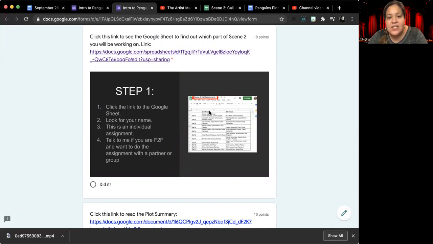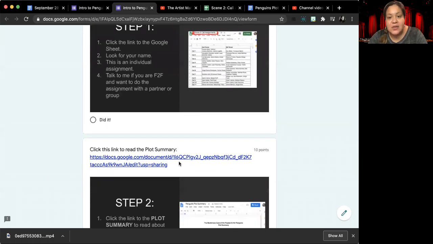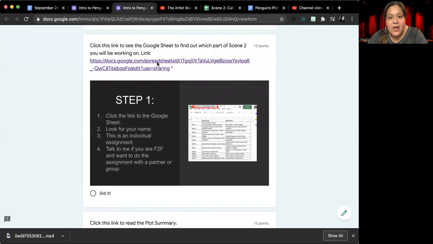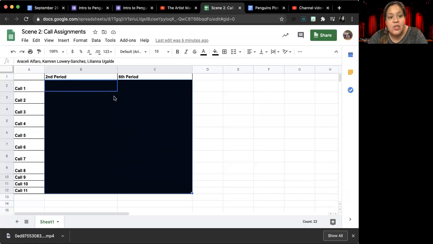And then it is going to have 2 columns with your names for either second period or sixth period. If your name is next to that call, then that is the call that you should read about in our plot summary, which is right down here. And so I'm going to go ahead, once you click on this link, your call sheet will look something like